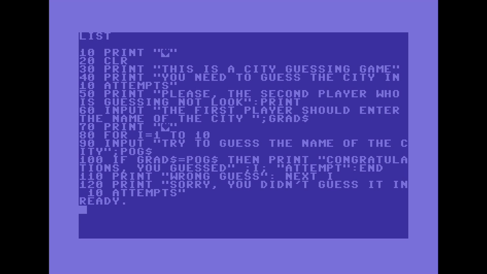Line 60, the first player who thinks of the city name to be guessed enters that name, and the computer stores it in the text variable city dollars. Line 70 clears the screen again. Line 80 starts a loop that will execute 10 times, as well as all commands between the for and next commands. Line 90, the second player who is guessing enters the name of the city they think is being asked for,